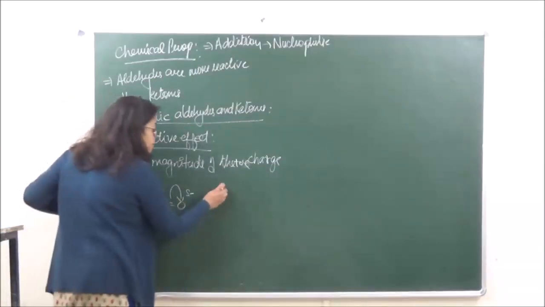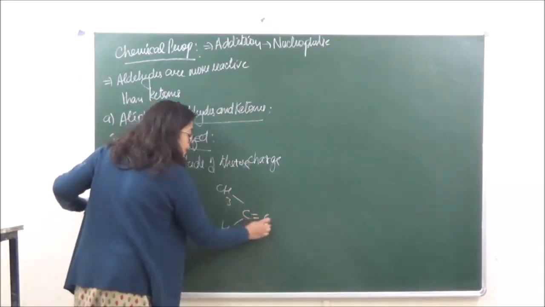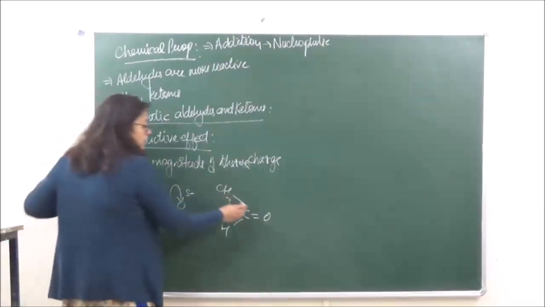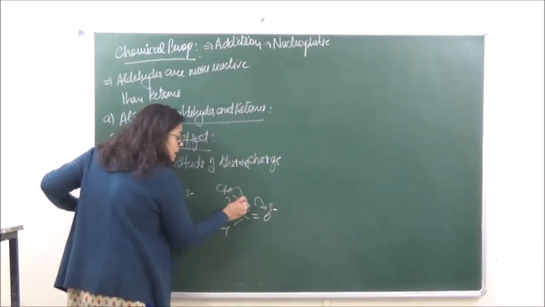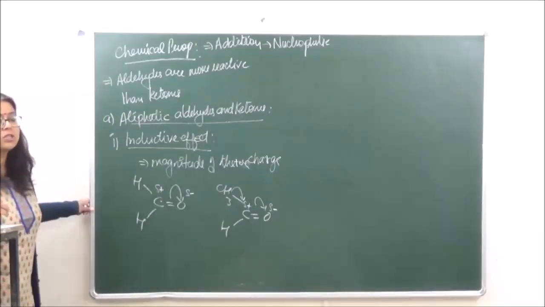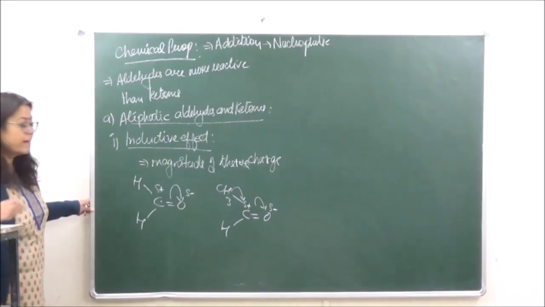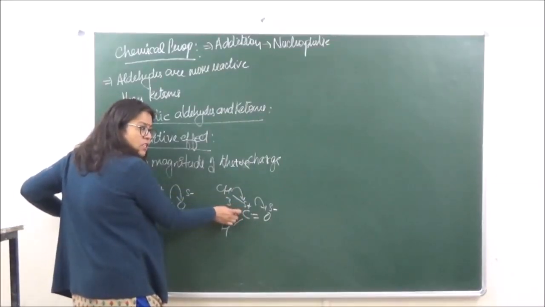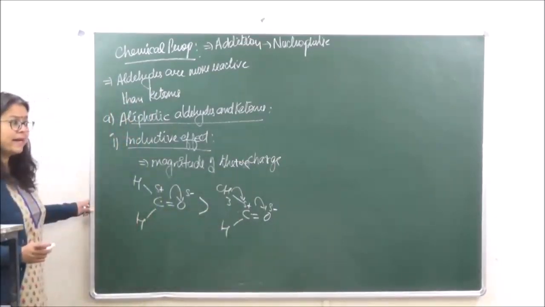But if in case we have one electron releasing group which is present as in case of aldehydes, right? So what is this going to do over here? Again, this is getting a negative charge, this is getting a positive charge. This methyl group is going to donate its electrons to the positive charge, thereby making the intensity of the positive charge lower. Okay, because if electrons are being released, so this will get neutralized. The intensity of the positive charge decreases. So this is going to show less reactivity with respect to formaldehyde.